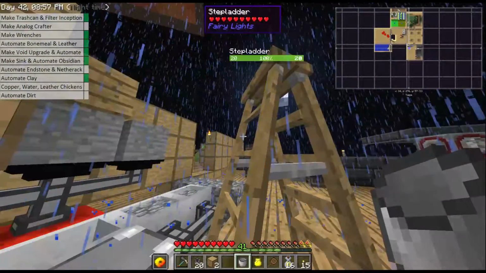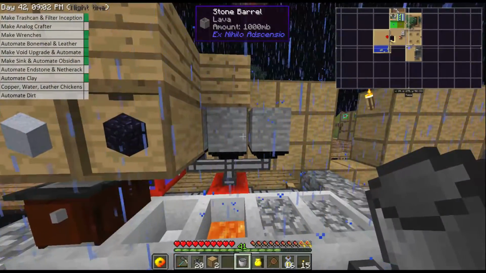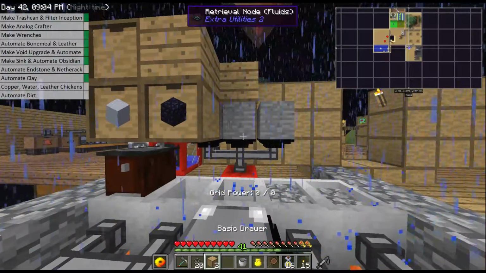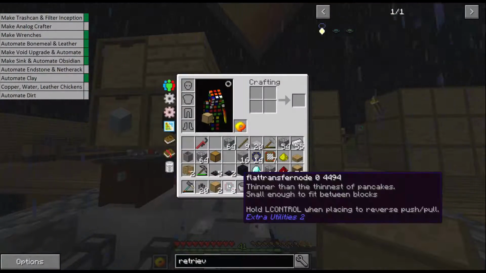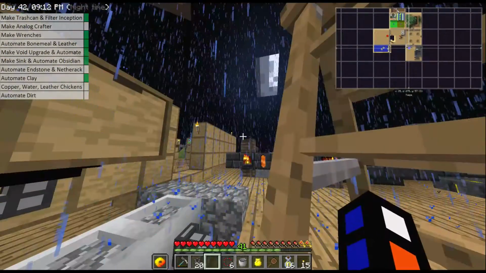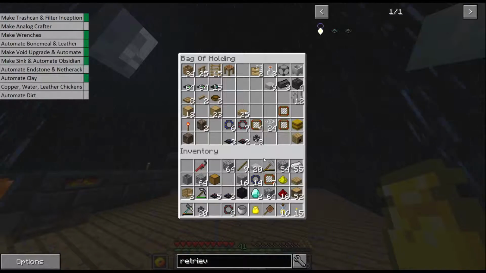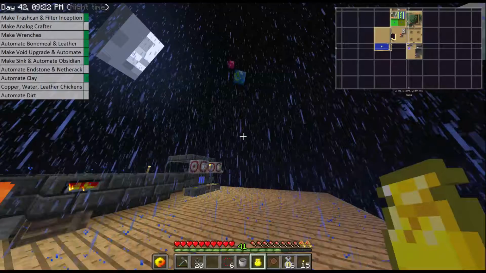The next 2 are a similar idea. We need to fill the barrel with lava and we need to put an item in it. So again, we are going to stick the 2 transfer nodes to take out the finished products. And I am going to need to make 2 more drawers because I'm going to do it in a drawer. Which means I need to make some more chests. So let's make some...